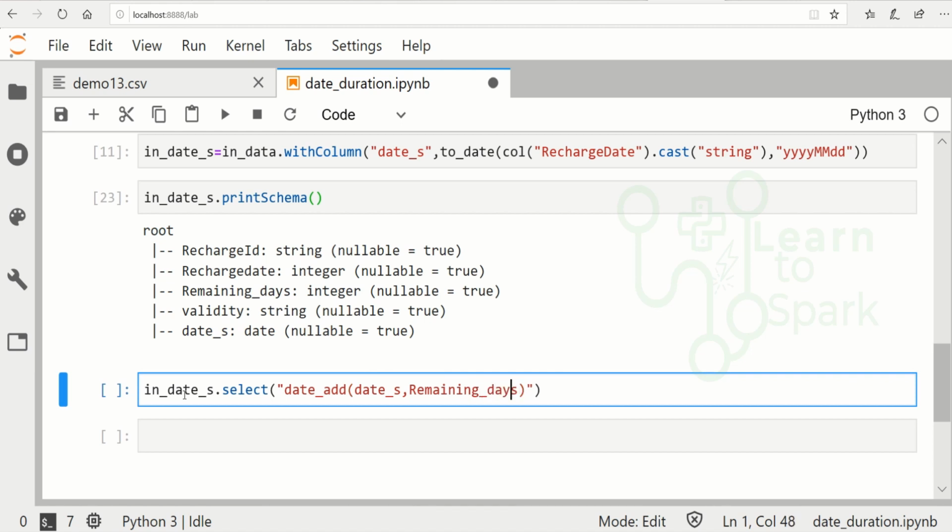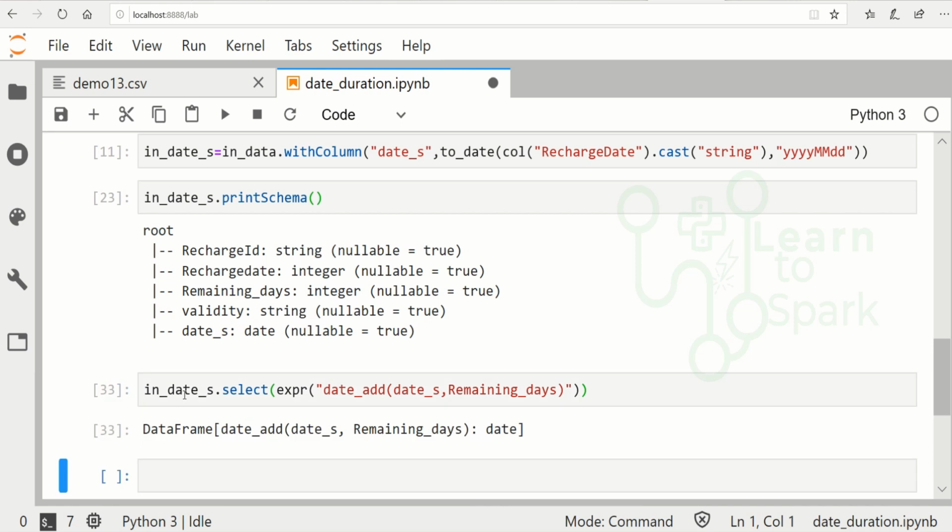Since we are giving it inside a select statement, and this is not a column name but an operation that we are performing, we have to give it under expr. So let me run it.